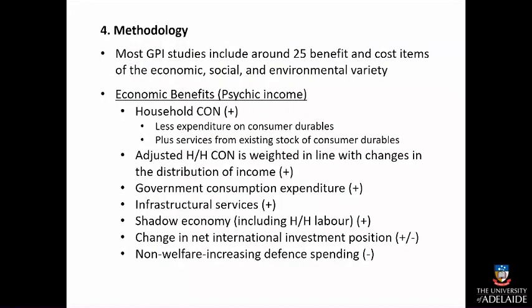So the methodology, well, most GPI studies include around about 25 benefit and cost items of the economic, social, and environmental variety. Here's a list of some typical economic benefits, which you might call psychic income that I talked about before. Household consumption, less expenditure on consumer durables. Remember, we subtract that because it's only adding to the stock of consumer durables. Plus services from existing stock of consumer durables. Then this adjusted measure of household private sector consumption is weighed in line with changes in the distribution of income. Then there's the government consumption expenditure, infrastructural services, right, the services provided by the existing stock of infrastructure,